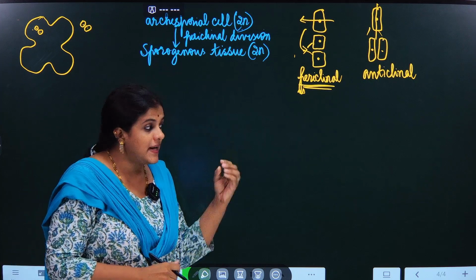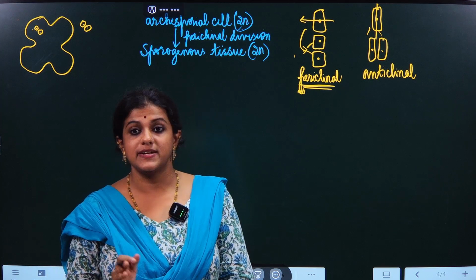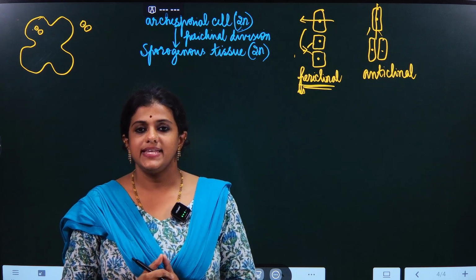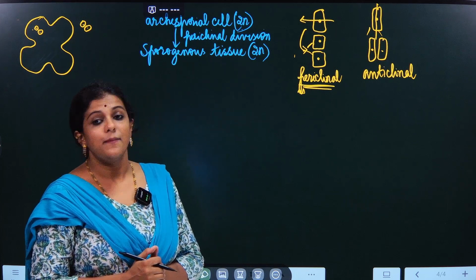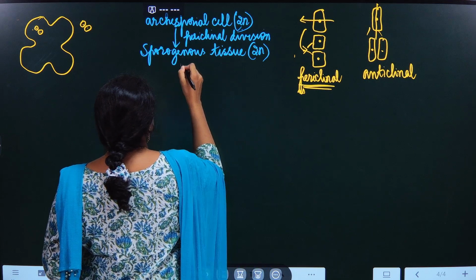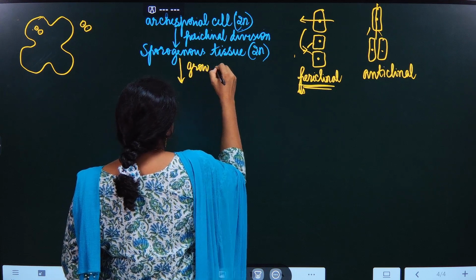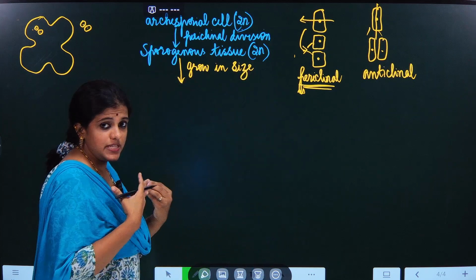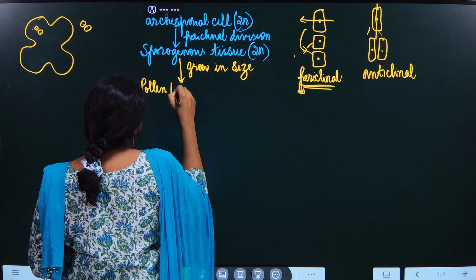Now among this sporogenous tissue, 90 to 95% of sporogenous cells will grow in size and form pollen mother cells, also called microspore mother cells. Sporogenous cells grow in size because they have a lot of work to do. They should have enough energy, right? So they will form pollen mother cells,